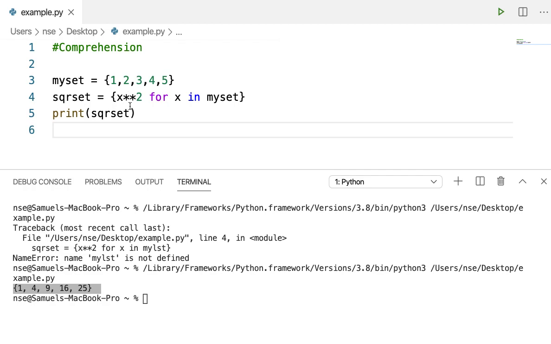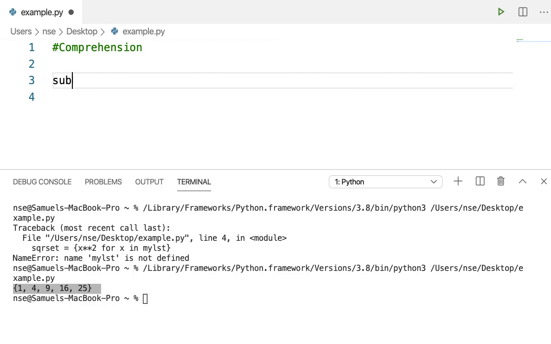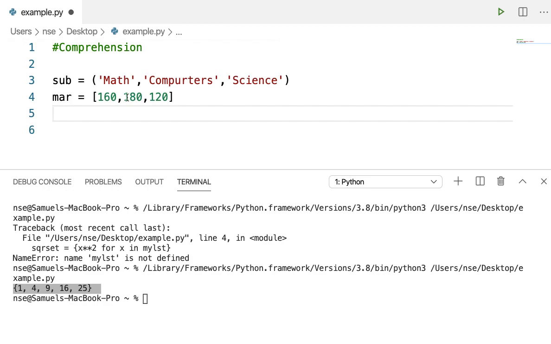Right? So finally, let us go and see what is dictionary comprehension and how to use it. Let me take an example: let me have something called subject, a tuple of values, that is math, computers, and then science. Let me have a list called mark, which is 160, 180, and 120. I'm considering that all the marks are out of 200. Now if I want to create a dictionary out of these two, subject and mark, I can do this with